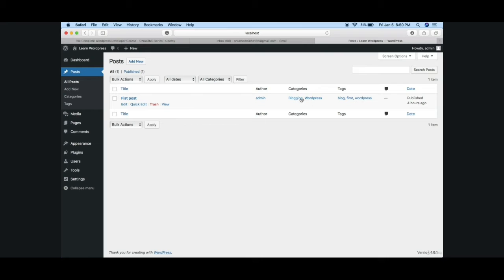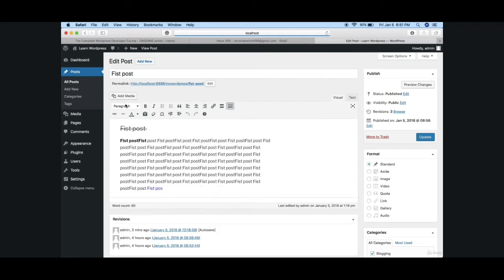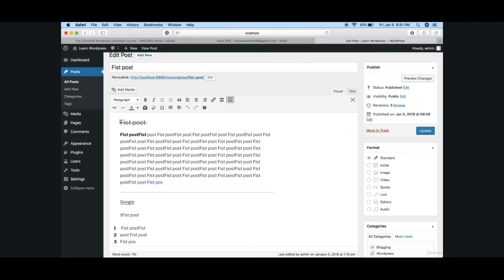These are the categories which are associated with this post, and these are the tags which we have entered when we were writing this post. And this is the date, and this is the comment count, because at this time there is no comment on this post, so this is blank. Okay, so let's just click on edit, because we want to edit this and insert our image into this post.